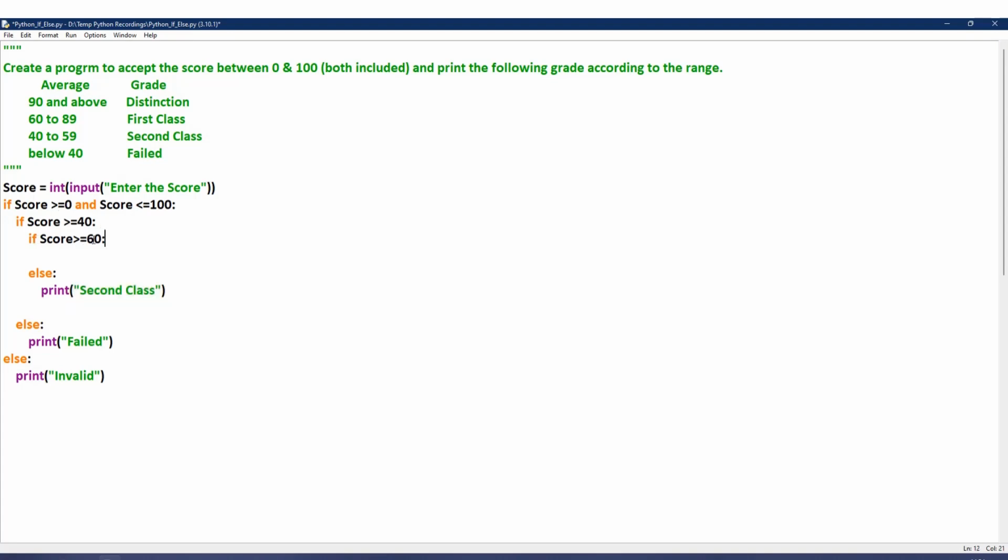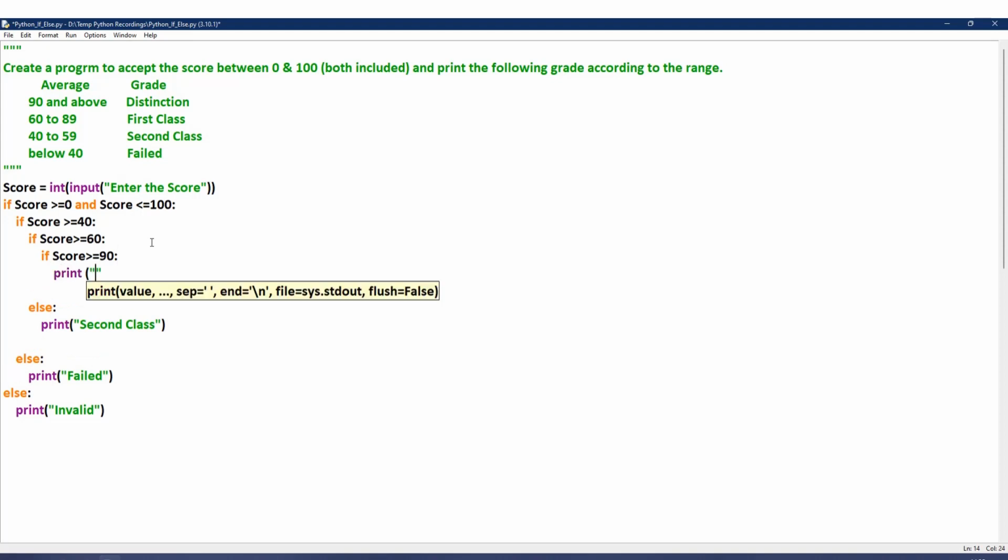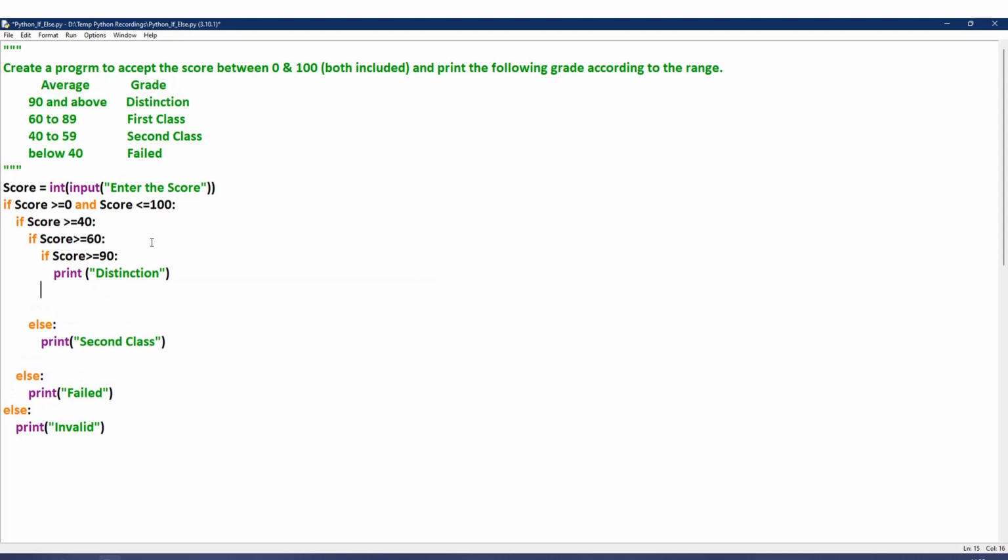If it is more than 60, it may be 90 or more than 90 also, right? So again I check the condition: if score is greater than or equal to 90. If this is true, I print distinction. If this is false, then it is going to be first class.